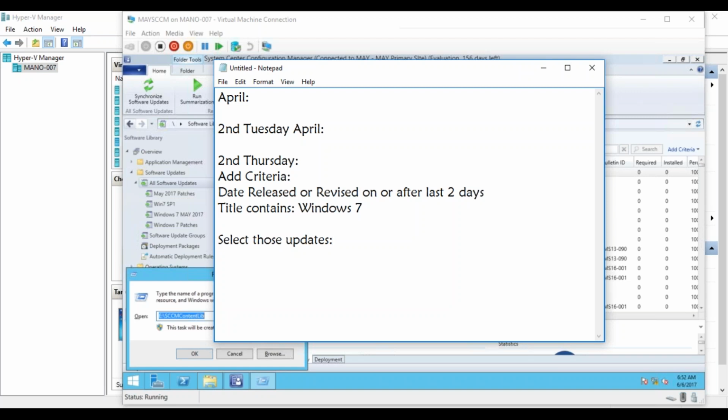So that's one thing. And once you have all those Windows 7 patches which are released in last 2 days, right? That means which are released in the month of April. Now you will select those updates and create a SUG. Now here, name this SUG as all clients pilot. Okay, name them as all clients pilot updates,